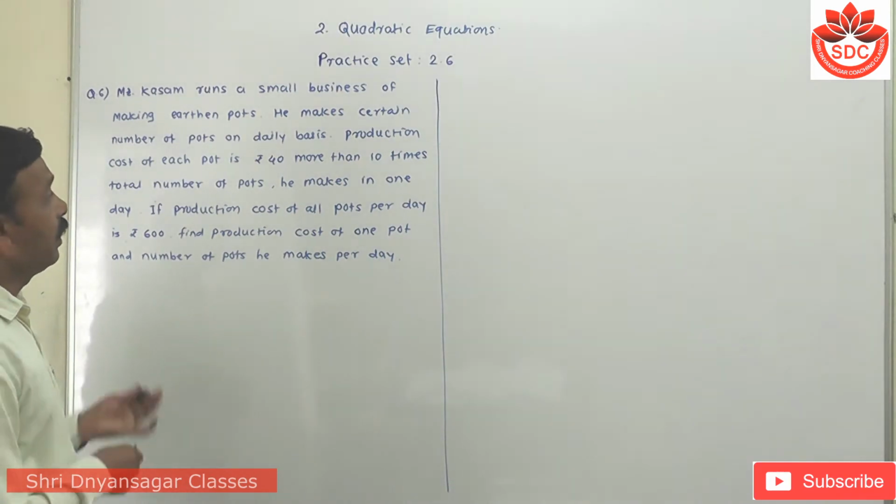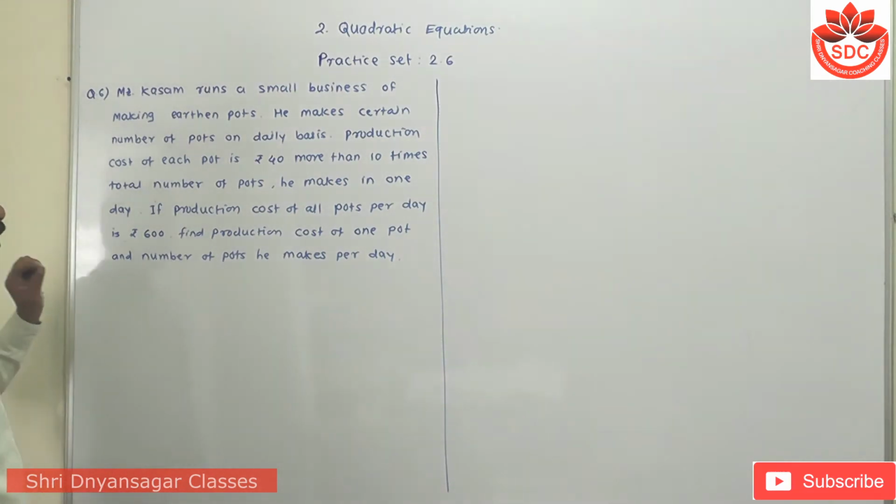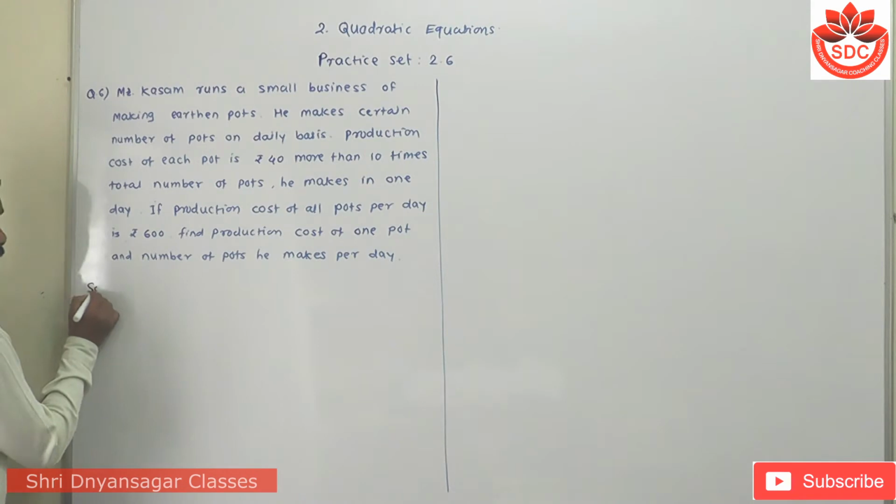Now students, we have to take the number of pots as x, and then we have to find out the production cost of the pot. Okay, its solution is: